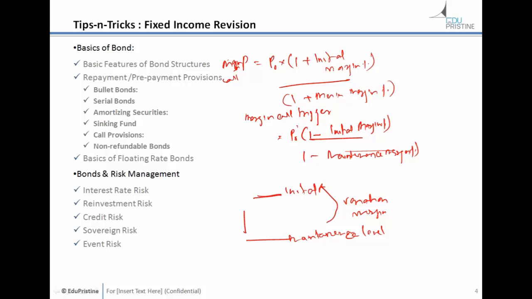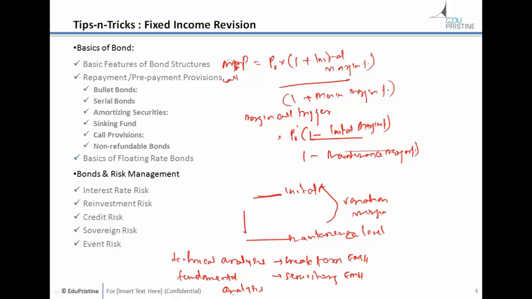As per the efficient market hypothesis, markets could be either weak form efficient, semi-strong form efficient, or strong form efficient. Markets would be weak form efficient if one is not able to generate any excess returns by making use of technical analysis. So technical analysis will not give you excess returns in a weak form efficient market. Similarly, in a semi-strong form, one will not be able to generate any excess returns by means of fundamental analysis as well. So in a semi-strong form market, both technical and fundamental analysis will not give you any